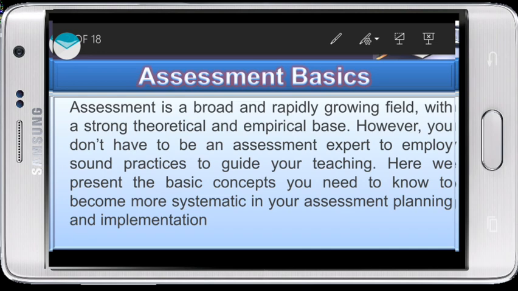Because there are a lot of techniques, a lot of systematic and scientific stages and steps and facts we need to know about assessment. And it's rapidly growing because we need assessment everywhere, even in our daily life. We need to assess the way we live. We need to assess the way we think, the way we speak. So assessment is in our life originally,